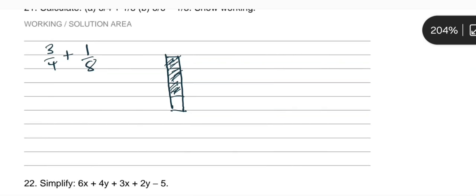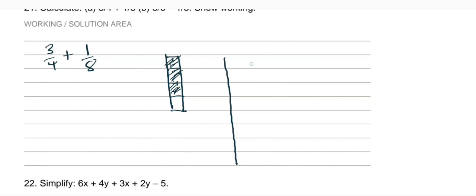1 over 8 is like this. So 1, 2, 3, 4, 5, 6, 7, 8. So you have 8 and you have taken just 1. So this is 1 over 8 and this is 3 over 4. Have you seen it? Do you understand? Okay. Now they are asking you to add